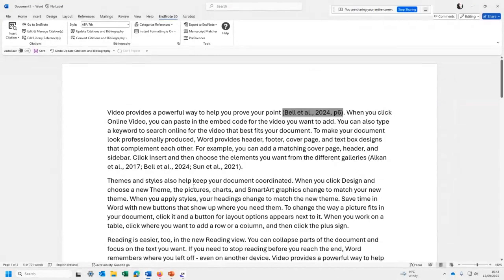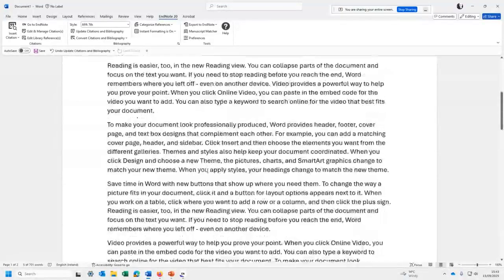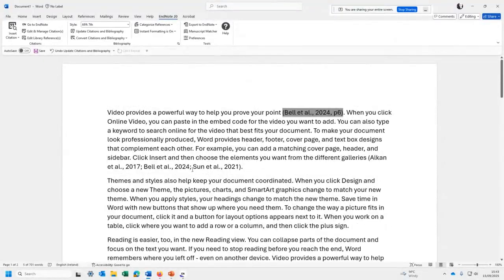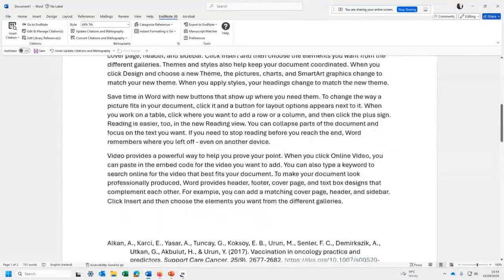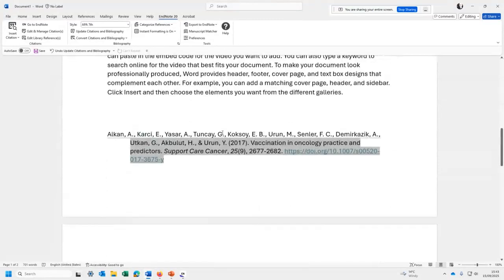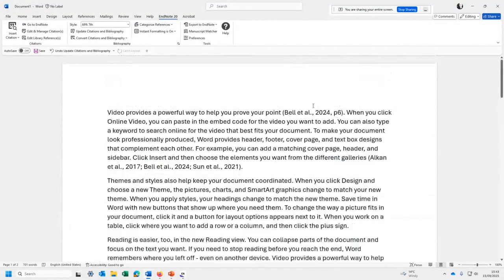The other thing you may want to do is get rid of references that you've inserted using EndNote. Okay, what you notice when I click these, you see that they turn gray. So anything that EndNote has input into the document turns gray when you click on it. What that indicates is, you can't see it yourself, but it's actually XML. So there's actually tags either side of this with XML, and it allows it to work with EndNote. The reason I mentioned this is, you don't have to remember all this, it just means that if Bell was spelled incorrectly and it was meant to be something else, you can't just go in there and delete the Bell. It will actually destroy your document.